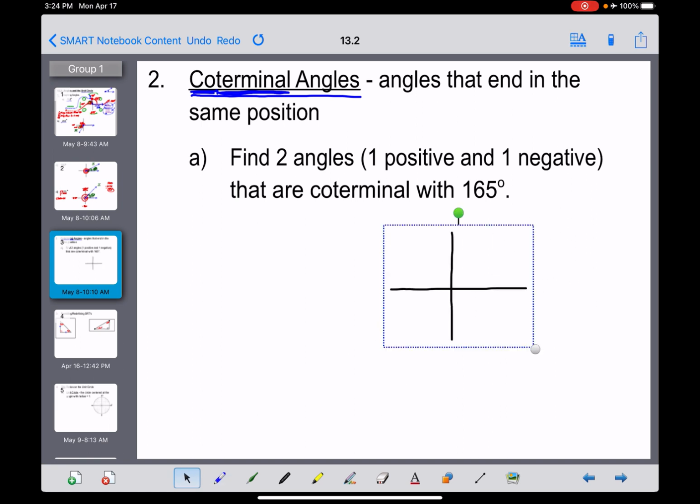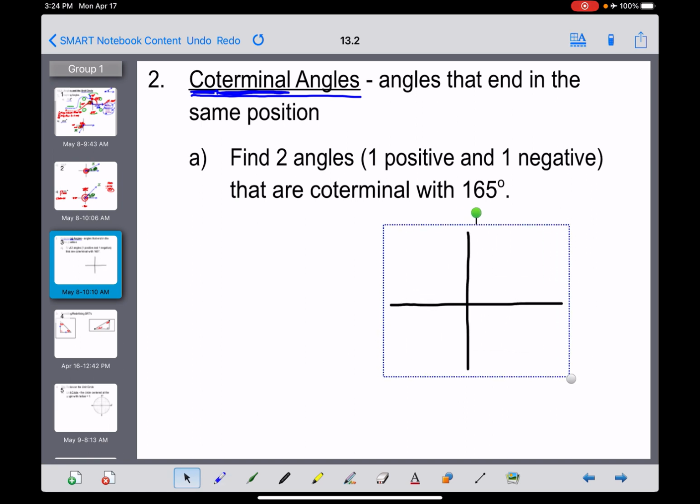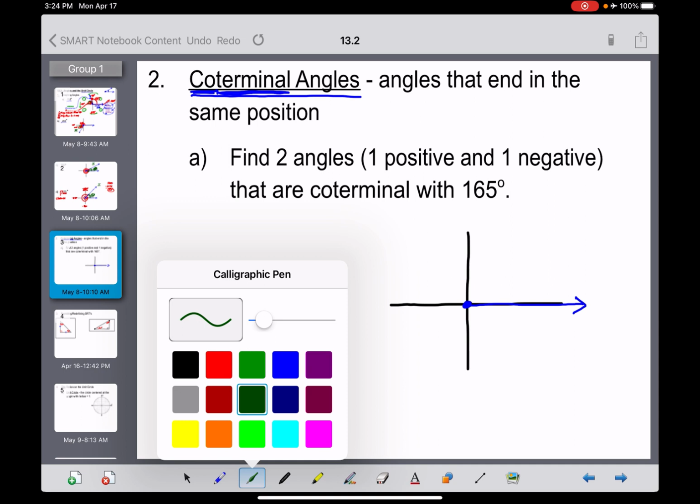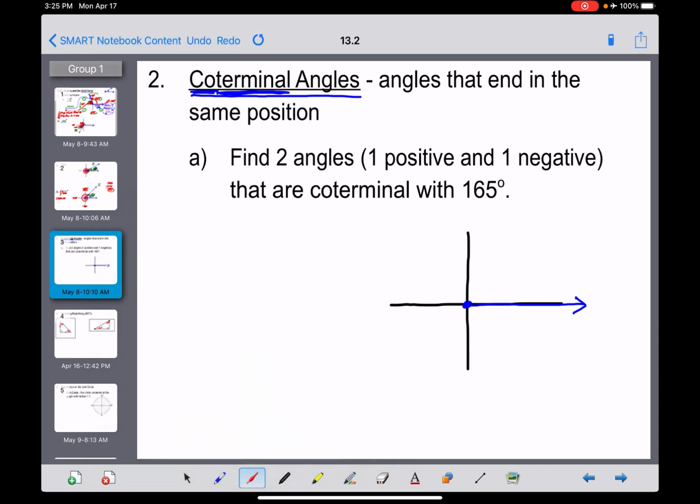We're going to find two angles here, one positive and one negative, that are coterminal with 165. Now, I'm going to show you this the graphical way first, but when I get done, I'll show you a much easier way than that. All right, guys, a 165-degree angle. We always draw the initial side straight out to the right, and 165 degrees is a little bit less than 180, 180 being a half circle. So I would say 165 gets us to right about there, and there's the terminal side of this